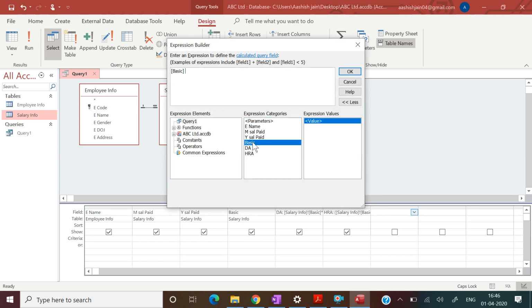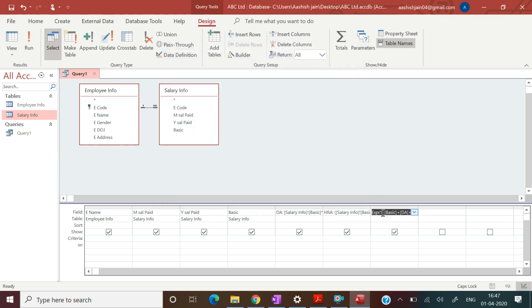So just basic plus DA plus HRA, that's it. Now press OK and then edit this to gross, then press enter, then press Ctrl plus S and then press the run button here.